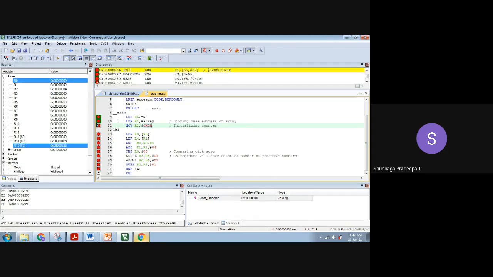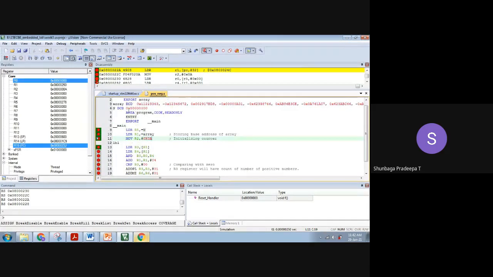Next, we are loading the content of R5 into R0. What is R5? It is the base address of N. And now what is the content in N? It is 8 followed by 7 zeros. So now R0 is updated with this content. Next, we are loading the content at the R1 location, which is the first data, 11223343. So that data is now loaded.